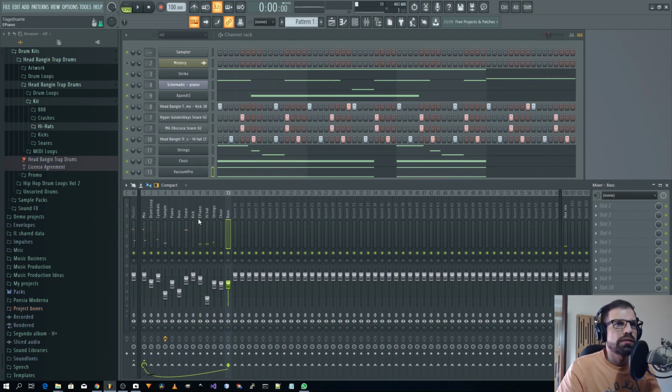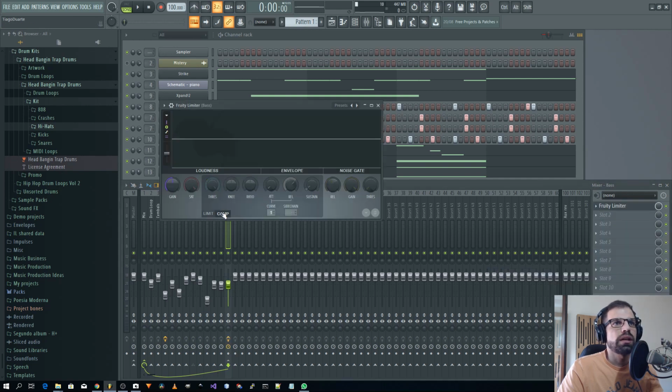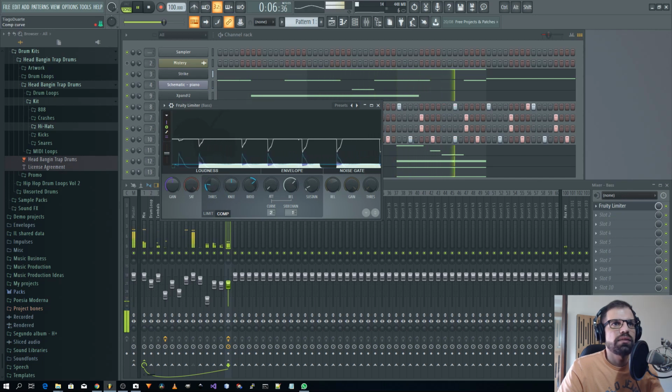What we can even do is send the kick and do some sidechain to the bass. So let's sidechain to this track, sidechain the kick to the bass, and here in the bass we can go and add dynamics, fruity limiter, and we can go to compressor and here choose kick. And here in the kick, now that we play, if I start decreasing the threshold, you can start seeing here the kick values. So let's add something like that. We can even add a different curve, because a more rounded curve,